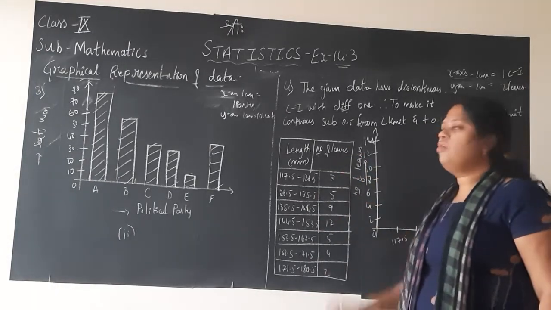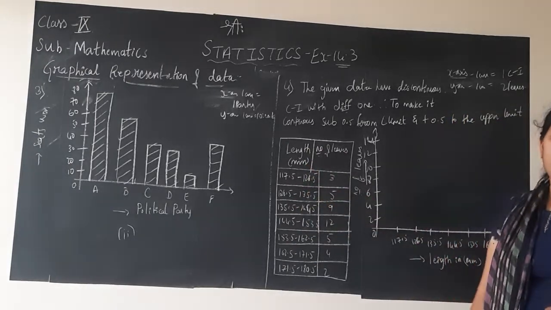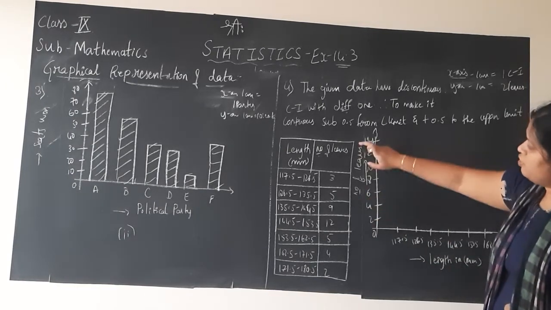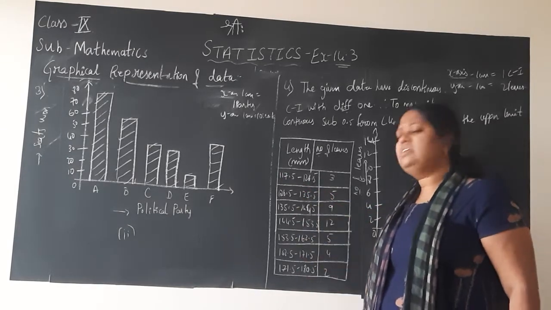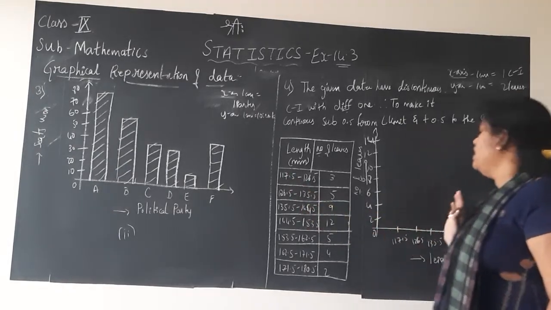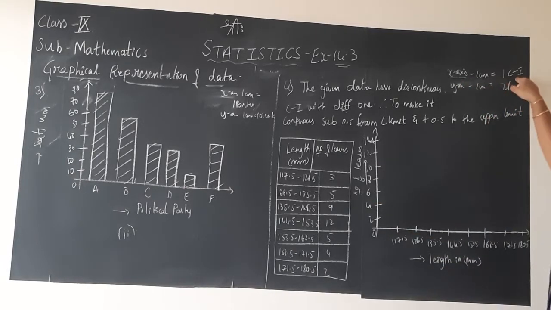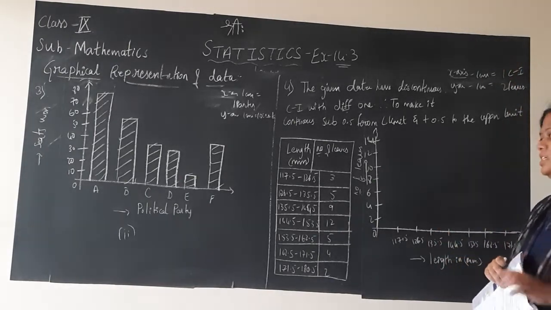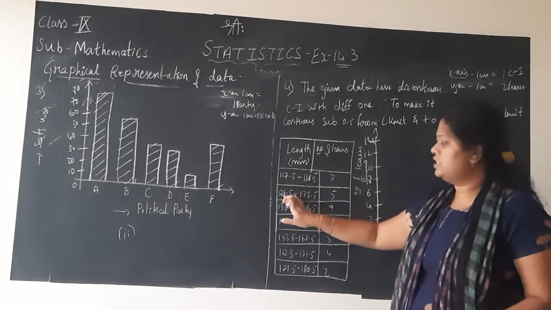This is about the number of leaves, and this class interval is the length of the leaves in millimeters. So along the x-axis we are plotting the length in millimeters, whereas the number of leaves we are plotting on the y-axis. Now, instead of choosing a scale, what we usually do in a histogram, children, is take the class interval. On the x-axis, 1 centimeter is 1 CI, CI meaning class interval, you know. So on the x-axis I have chosen 1 centimeter to be one class interval, that is, 117.5 to 126.5.